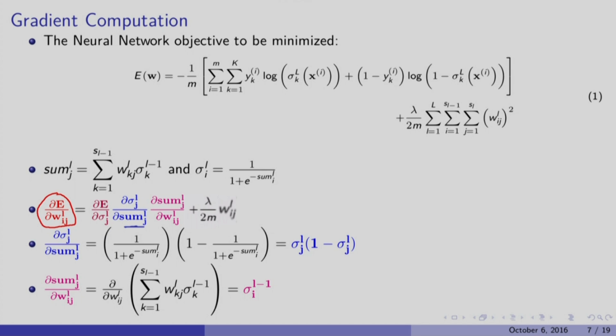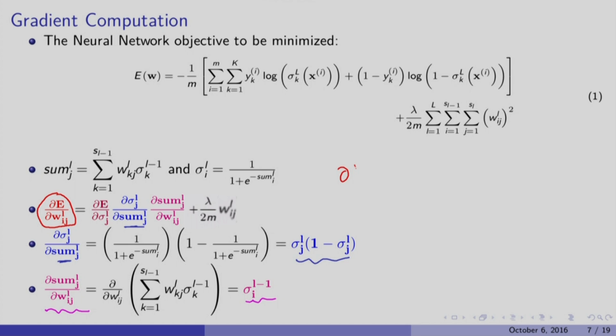The first one in blue is repeated from what we found in the logistic regression model, and it turns out to be sigma JL into 1 minus sigma JL. The second component is even easier. The partial derivative of the weighted sum with respect to a specific weight is the specific input sigma I L minus 1. So backpropagation is all about computing the first component here,